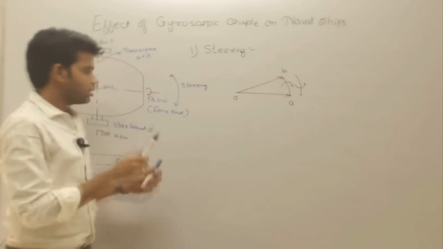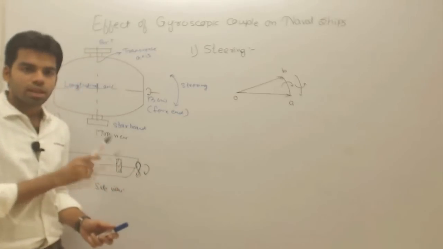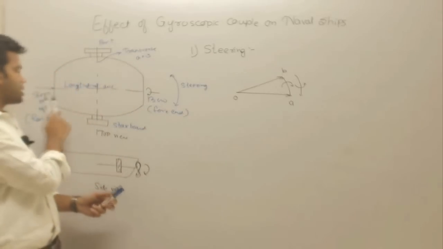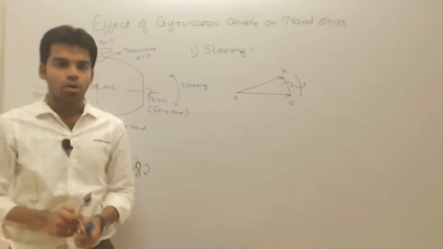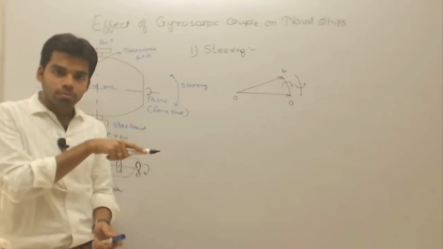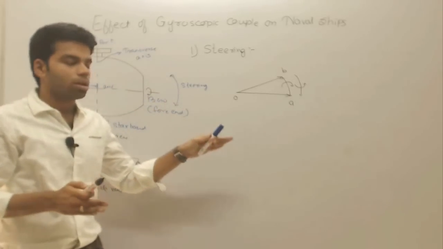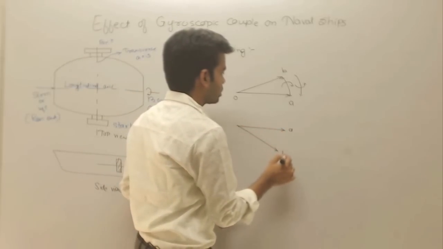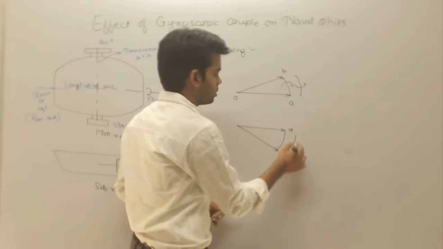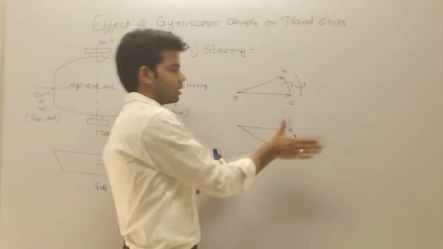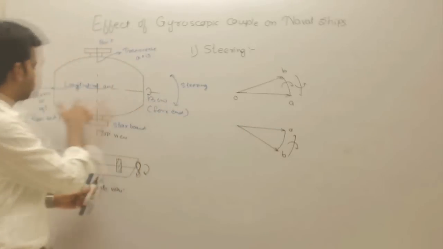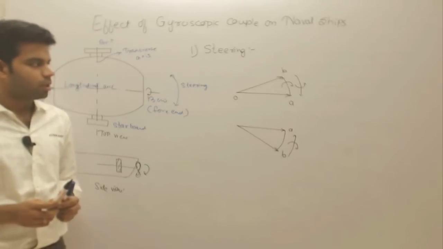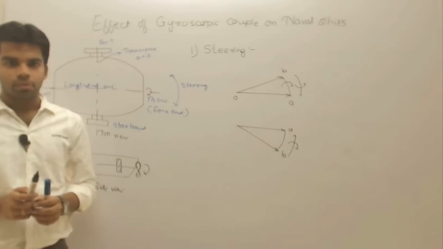So if the rotor is moving in a clockwise direction when seen from the rear end, and if the ship is taking a left turn, then the bow will raise and the stern will lower. Okay, suppose the ship is moving to the right side, so what will happen when the ship is turning right? The rotor is rotating in the same clockwise direction. Then what will happen? This is the reactive gyroscopic couple, like this. So this will lower the bow and raise the stern. Getting the phenomenon or not? Very simple to understand. Okay, so this is the effect of steering. Okay, now next